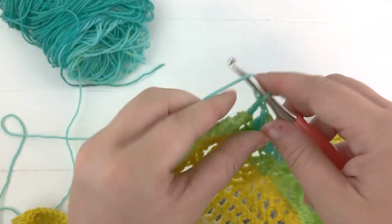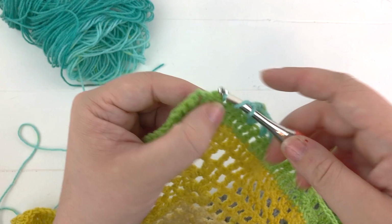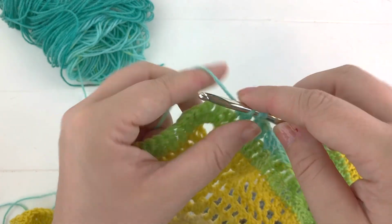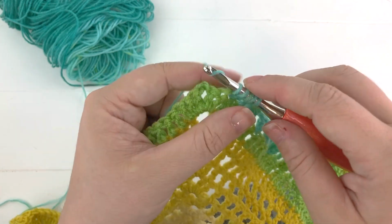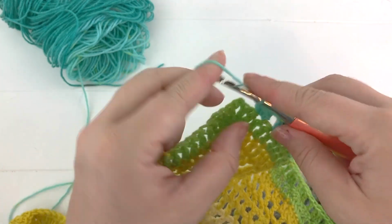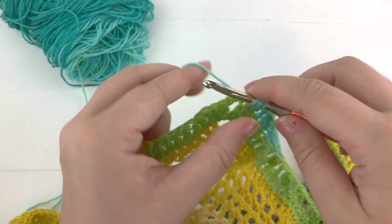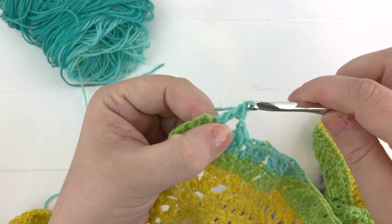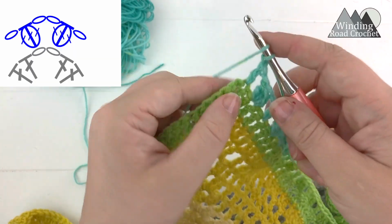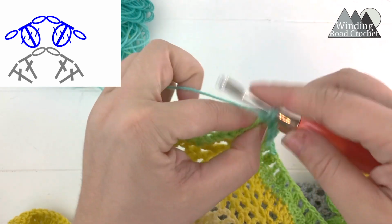Now we're just working our last repeat. Chain 1, skip a stitch, work a cluster stitch into the next stitch, chain 1, skip another stitch, work a double crochet into the next stitch. And then for this corner, we're going to chain 1, work a cluster stitch into the chain 2 space,